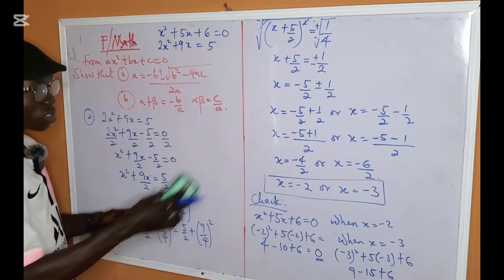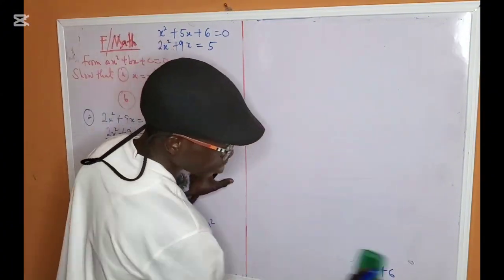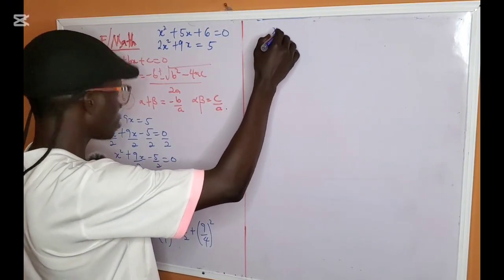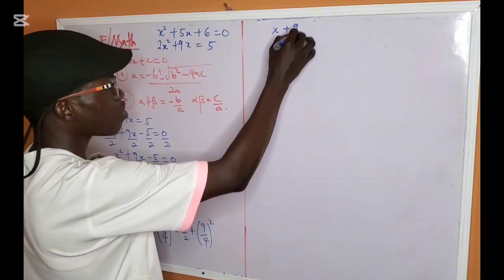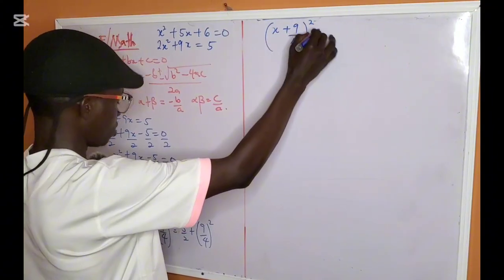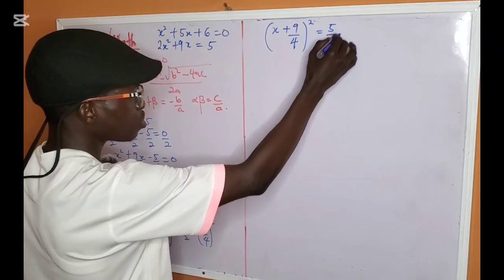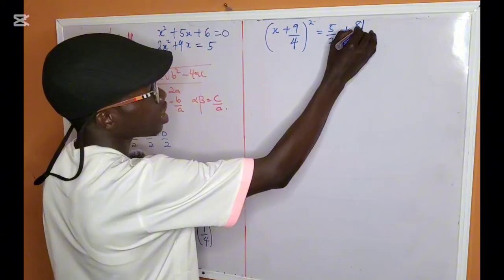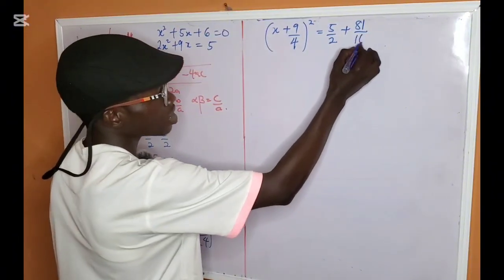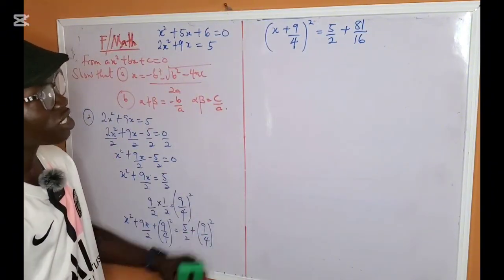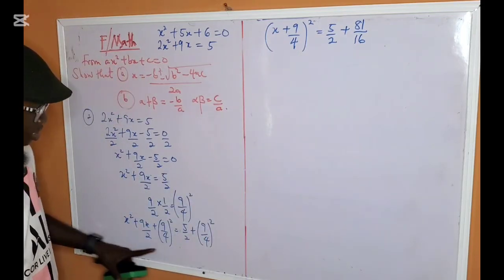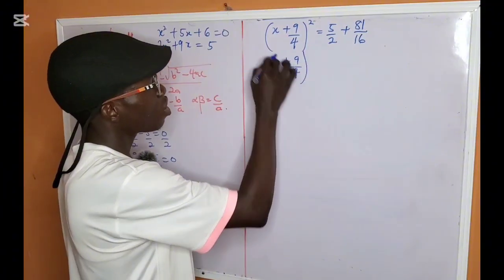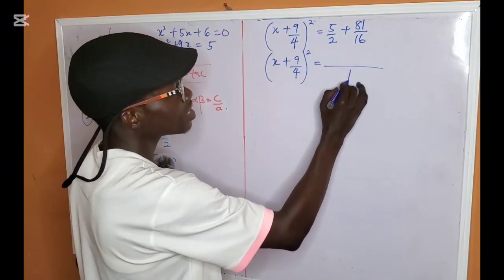The next thing is to turn this into a perfect square. We are going to have x plus 9 over 4 all squared equals 5 over 2 plus 9 over 4 all squared, which will give us 81 over 16. Now, feel free to pause the video and try to expand this. You will surely get this answer. So, x plus 9 over 4 all squared equals